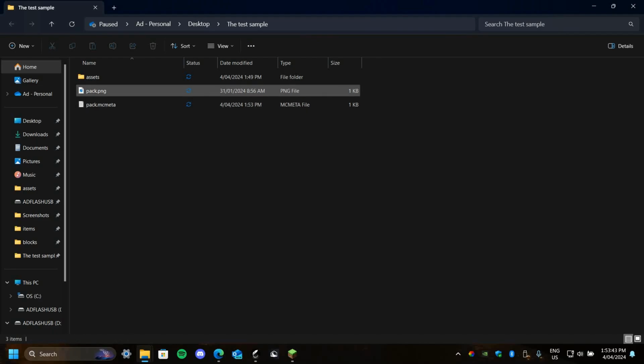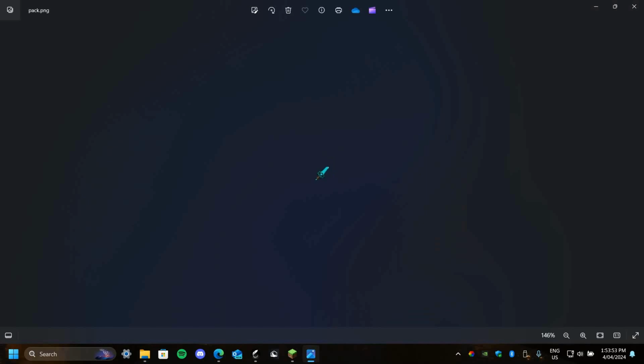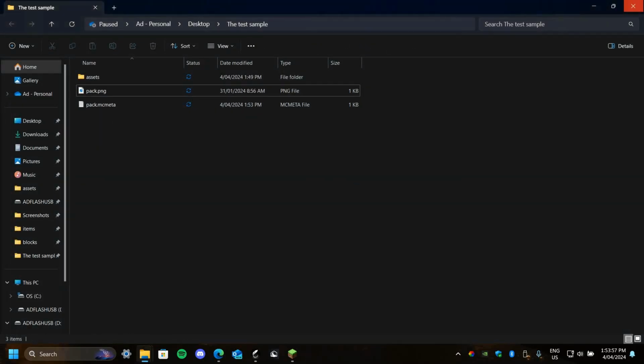If it's anything else like a JPG, then it will not work at all. So you have to call this pack.png. It has to be a PNG file or else it won't work. So I'm just going to take this, my sword model that I came up with, and once we're finished with that,